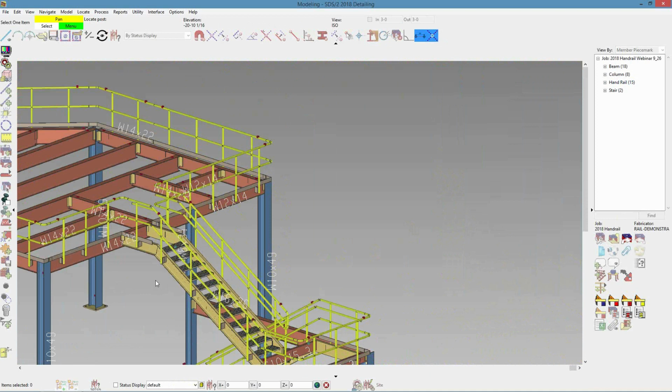That concludes today's webinar on the new 2018 handrail enhancements. I've covered quickly adding handrail to stringers, and even if you want to add just a grab bar, continue flat rail, and moving posts. I'll now give you a few moments to type in your questions, and also I'm going to pull up